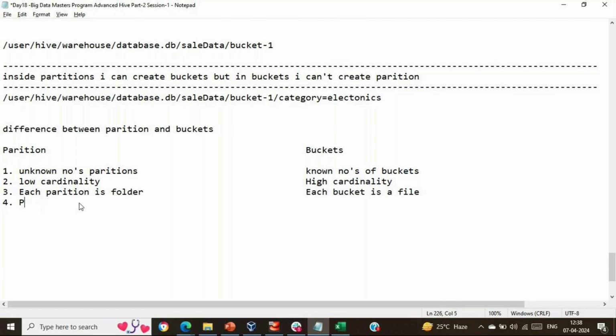Now you need to tell me, if I'm performing partitions, say I have India's population data and I have done the partitioning based upon state, then what about the number of records in each partition? Will it be equal or different, or will I have unequal records in each and every partition? Unequal. Partitions will have an unequal number of records,